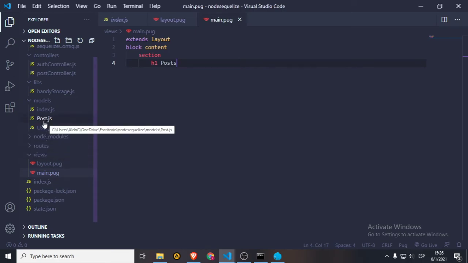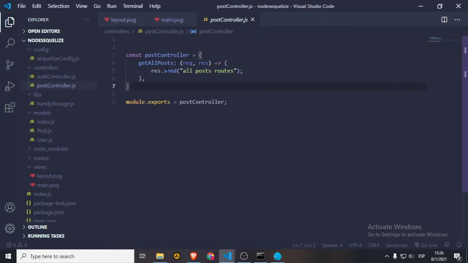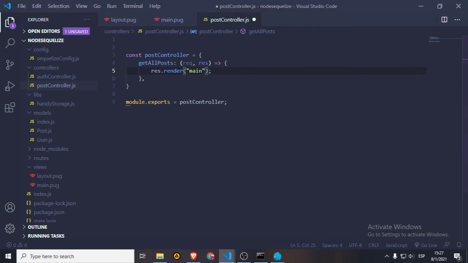So we need to go to the routes, and instead of using response.send, we're going to use response.render, and we are going to add the name of the stuff that we want to render. Okay, so let me just go back and double check something inside my posts. Let me just check. Give me a minute, guys. Yep. What I'm going to do is just add this,